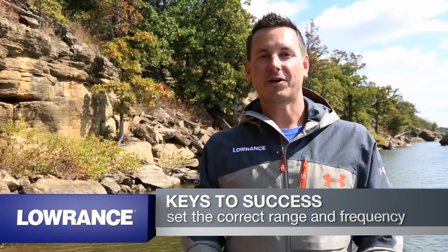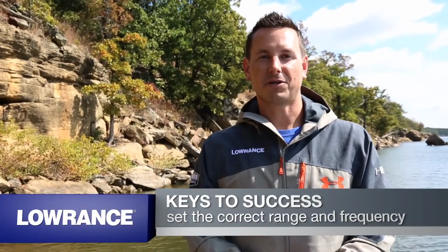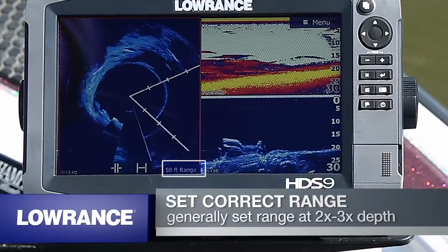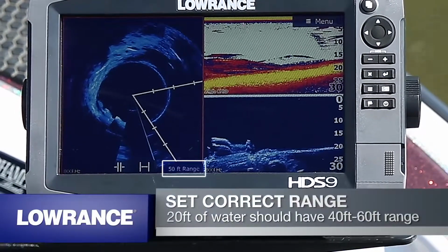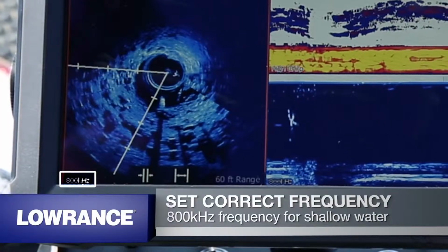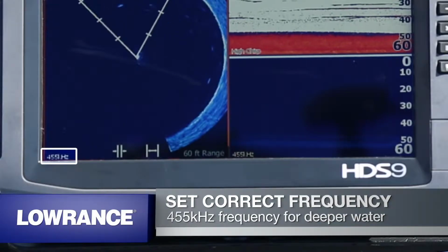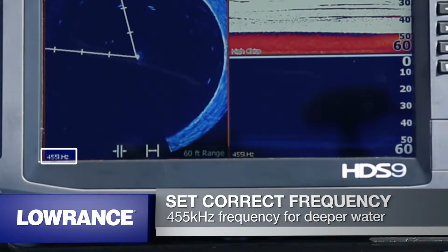Setting the correct range and frequency is really important to getting the right picture. I generally use 2 to 3 times the depth for my range. So if I'm in 20 feet of water, I generally use 40 to 60 feet of range. And selecting the right frequency, if you're in shallow water, 800 kilohertz is the best for high detail. And if you're in deeper water, say over 40 feet, you want to use 455 kilohertz to get the maximum